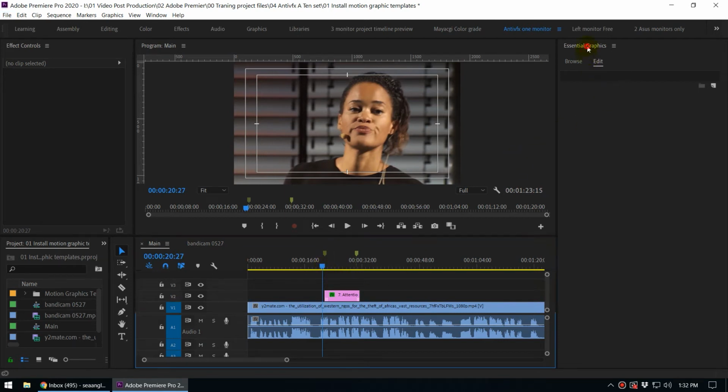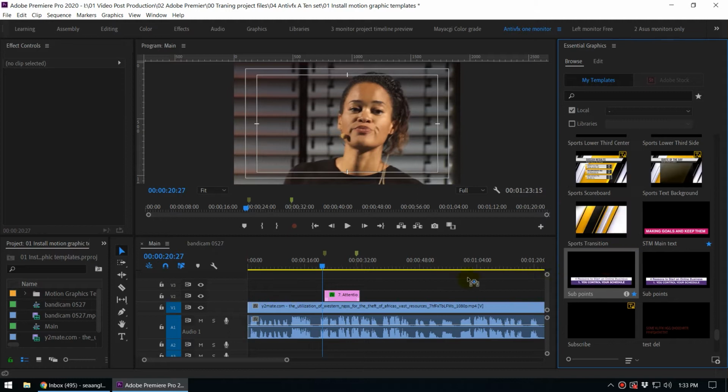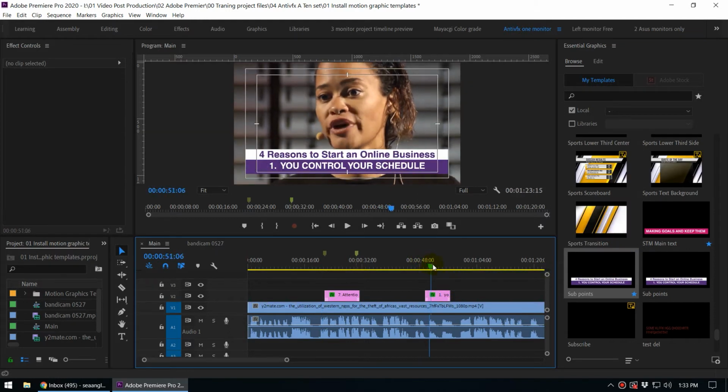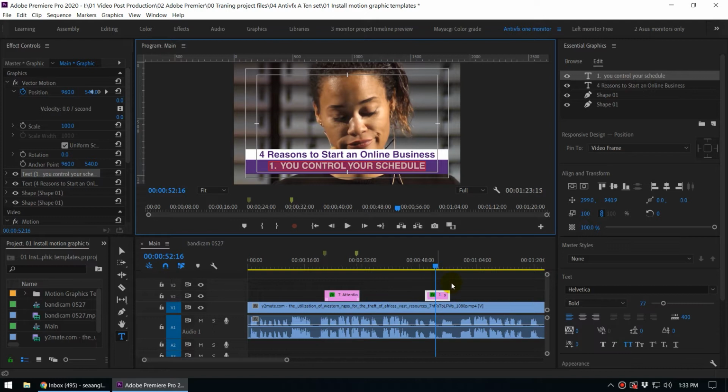If you go to the Essential Graphics panel, you can go to the Browse tab and then you can browse the available motion graphic templates in your computer. Now you can select the template and drag and drop it to your timeline and see the preview like this. And if you want to change the text, you can double click here and customize the motion graphic